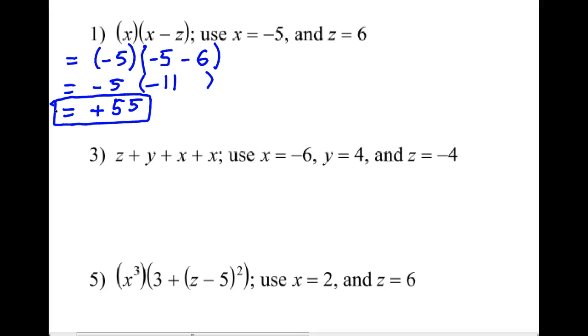So on a quiz or a test, if you have a bunch of work, you tried it 5 times, circle the one you actually want graded. I'm not going to look at 5 of them and decide which one is the right one for you. You have to pick the one that lets me know. Okay? But nothing more than that. If there's only one number involved, like for number 3, you don't really need the parentheses. You can just do this, do this. There's a negative x right here, so it might be a good idea to do negative with parentheses.